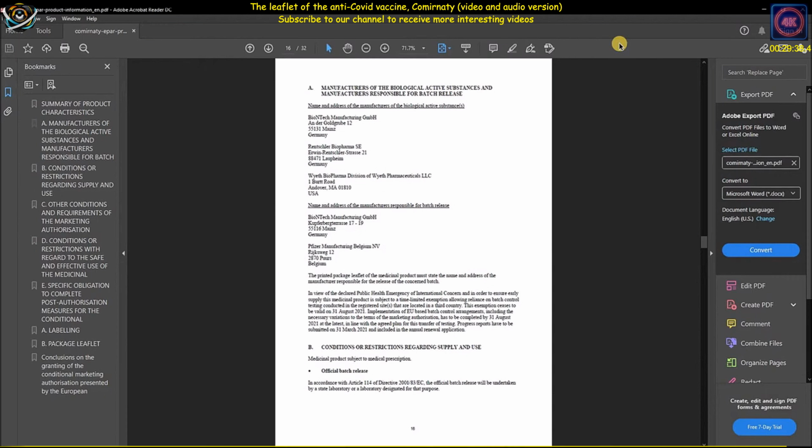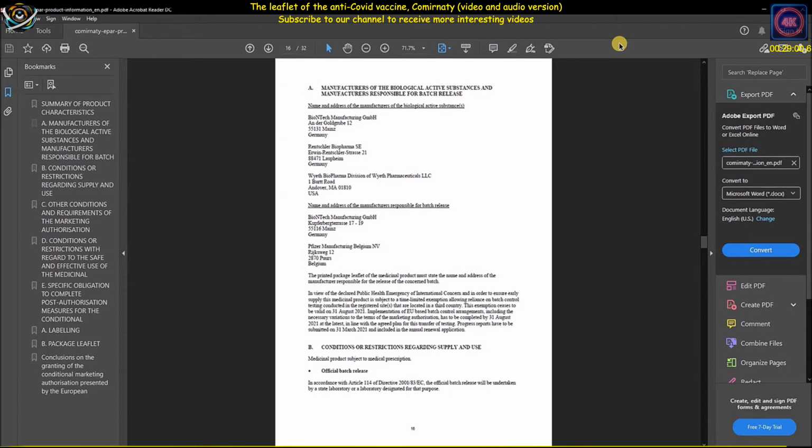88471 Laupheim, Germany. Wyeth BioPharma, Division of Wyeth Pharmaceuticals LLC, 1 Burtt Road, Andover, Massachusetts 01810, USA. Name and address of the manufacturers responsible for batch release: BioNTech Manufacturing GmbH, Kupferbergterrasse 17-19, 55116 Mainz, Germany. Pfizer Manufacturing Belgium NV, Rijksweg 12,